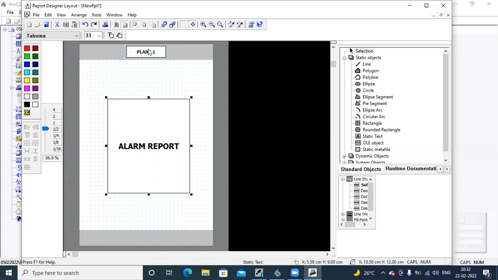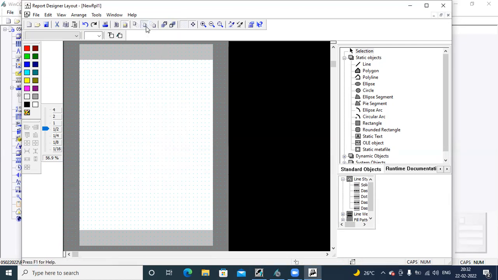Then for your report sheets, go to the report contents. Here, what we need to do is we need to generate a report. So here I take a static text. When I move the static text here in the gray part, you can see it is showing cross mark, means I cannot design anything here. I cannot make anything here. So select static part, then you can take this text here.